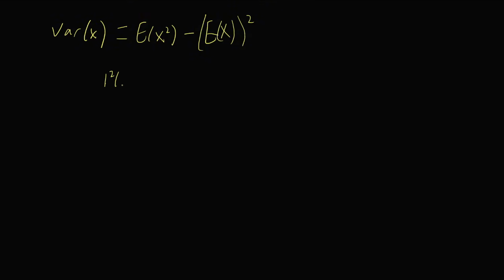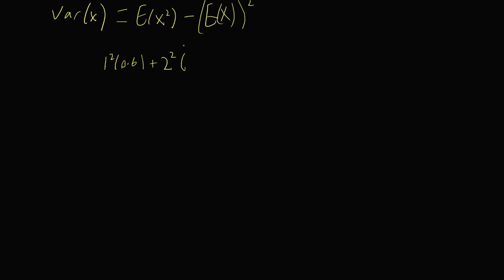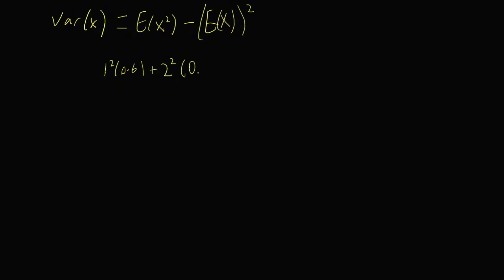Well, now let's talk about how to calculate variance for a probability distribution function. For a discrete probability, Var(X) is equal to E(X squared) minus E(X) all squared. What this means is if we go back to that question, you would have to multiply the x value. So this would be 1 squared times 0.6, plus 2 squared times 0.3, plus 3 squared times